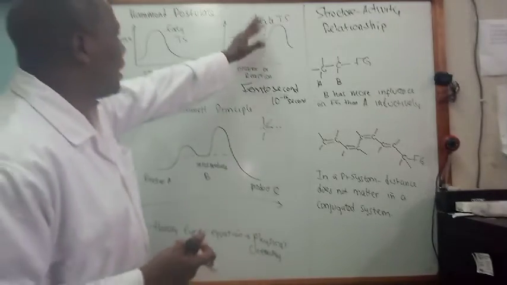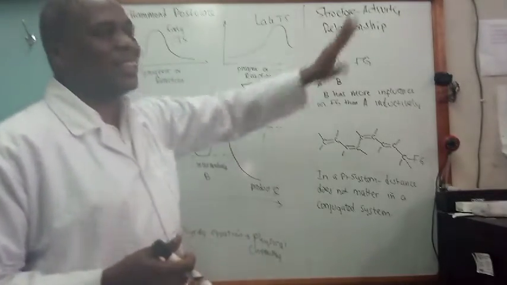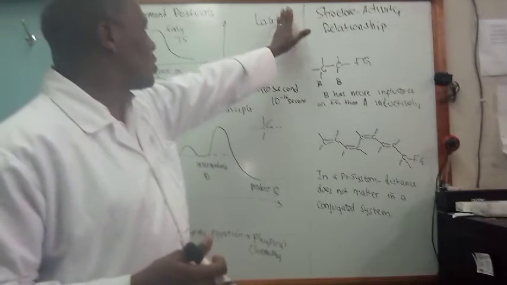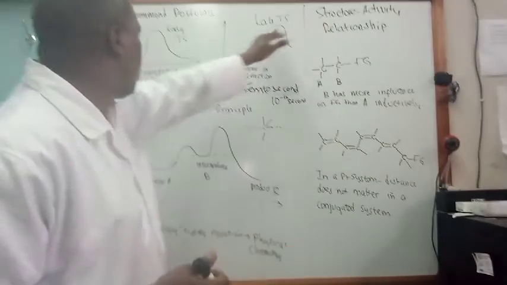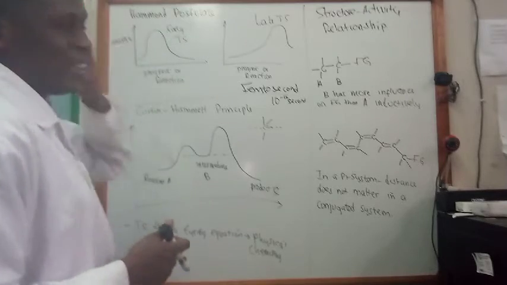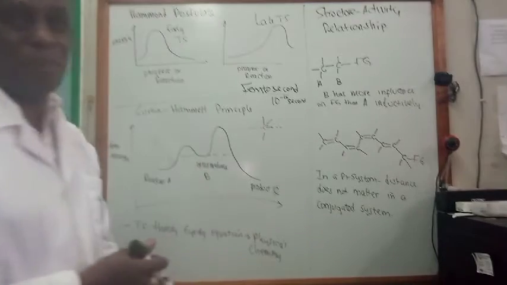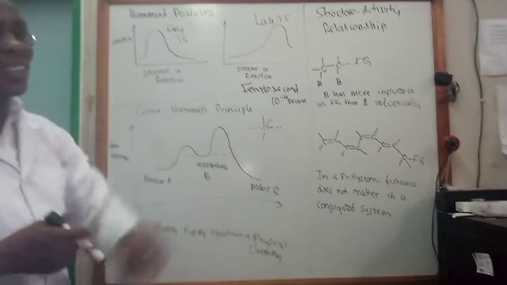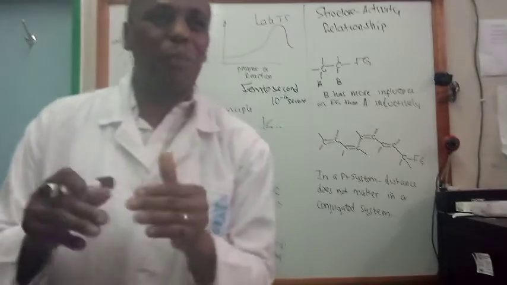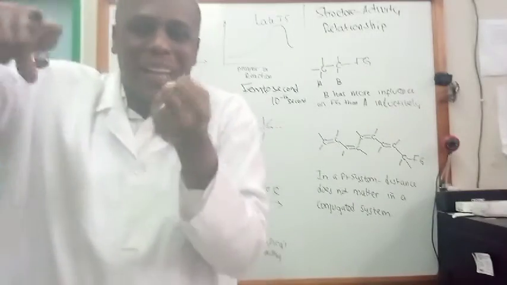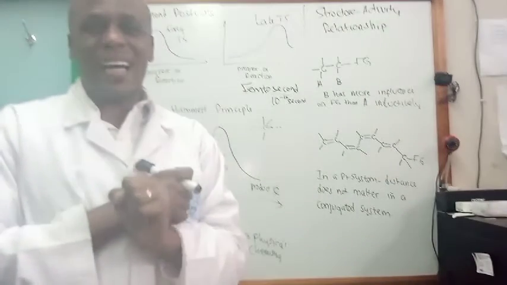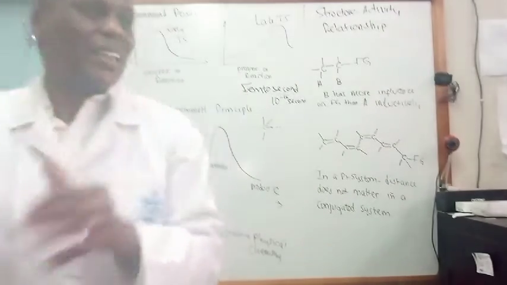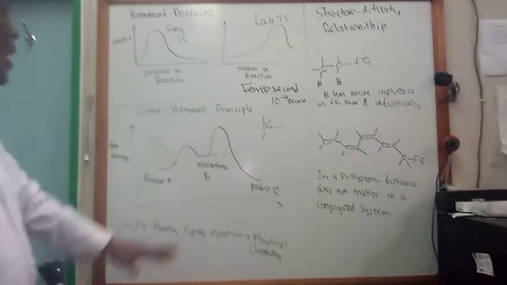So in this case, it's saying in a late transition state, it actually resembles the product, as opposed to an early transition state, which resembles what? The starting material. Once again, it's a postulate because you cannot actually photograph or isolate what? A transition state, to be able to know exactly this is the structure of the transition state.